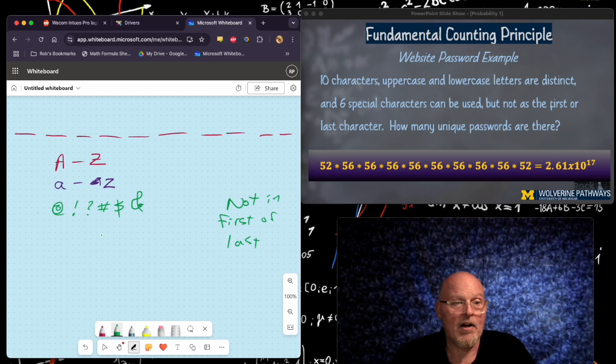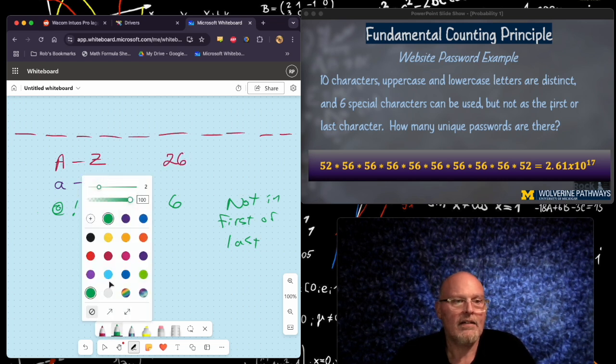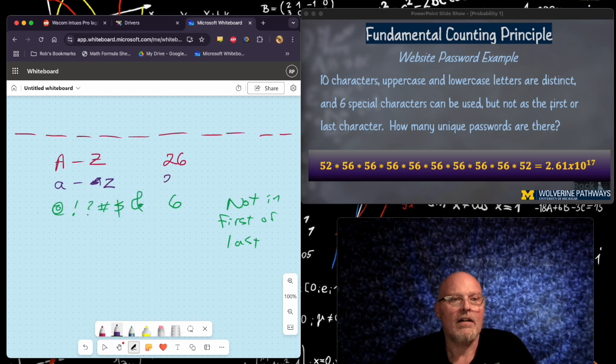So let's count up our options. I said there are 6 of these. There are 26 different capital letters, and there are 26 small letters. So for all of them, I have 52 options, but for all but the first and last, I also have 6 more. So I'm going to have 58 here,